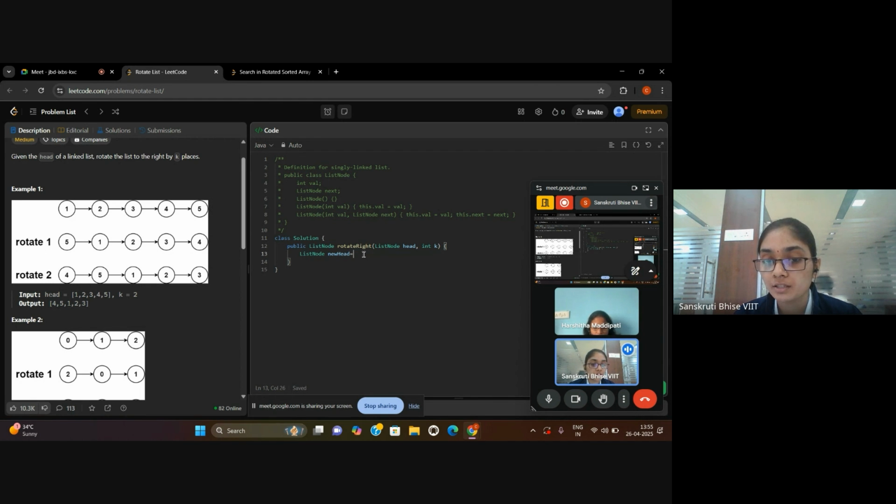Next is 3NF, which says that the database should be in 2NF and there should be no transitive dependency. That means a non-prime attribute should not depend on another non-prime attribute. It should depend on the candidate key. And BCNF is the stricter form of 3NF, which says that the determinant should be a super key.